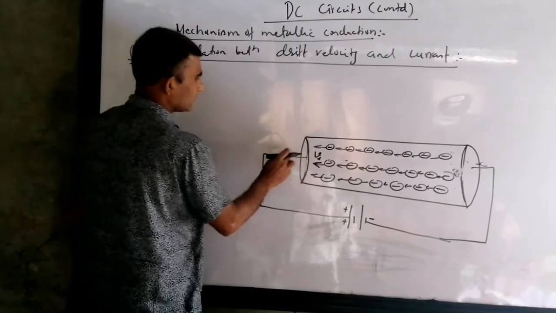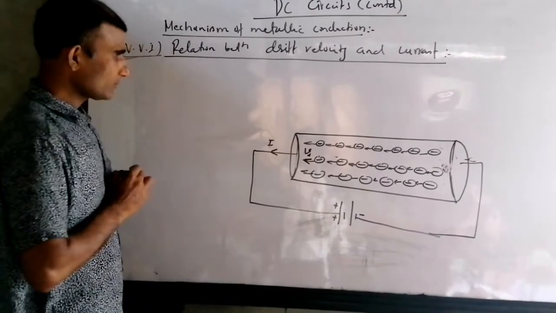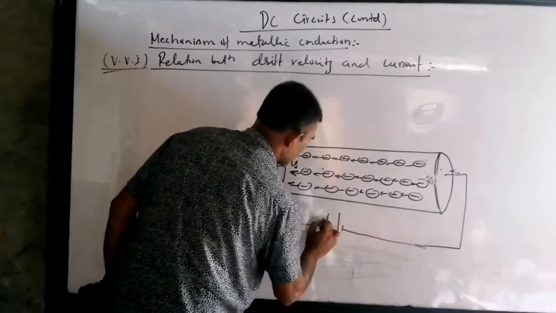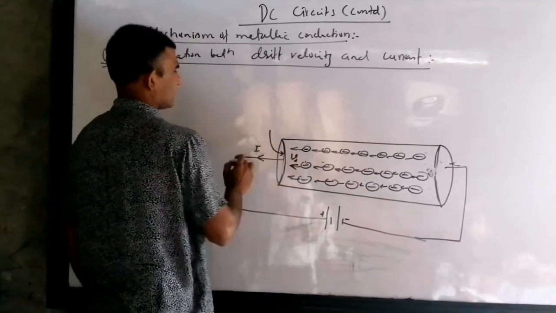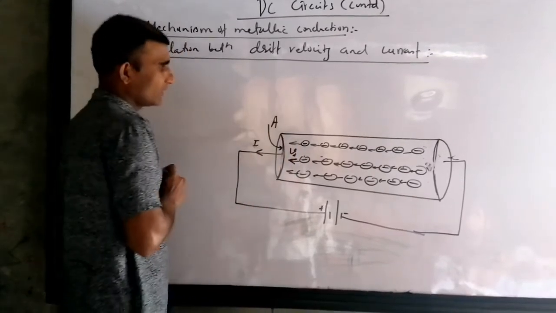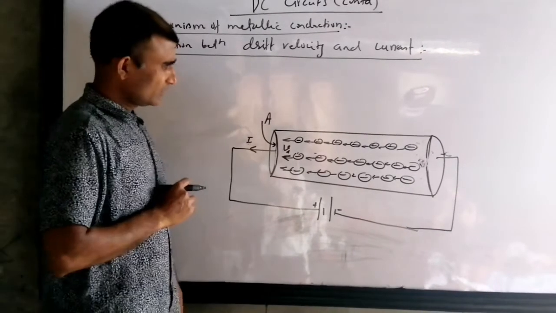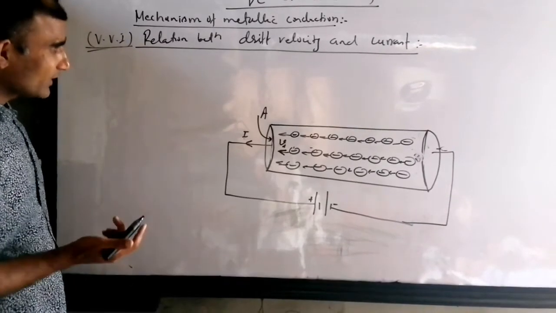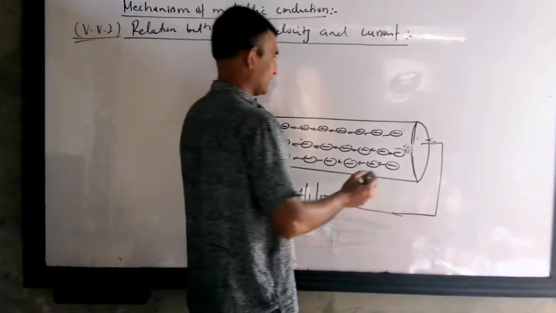Suppose due to the flow of these electrons, the current flowing here is I, from the battery. And the area of cross section of this metallic wire is, I suppose, capital A. Now I need one piece of data. How many electrons are there? Millions, billions, trillions, what number? We don't have any data like that.